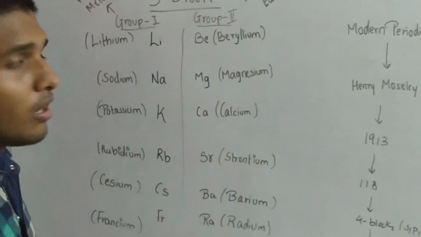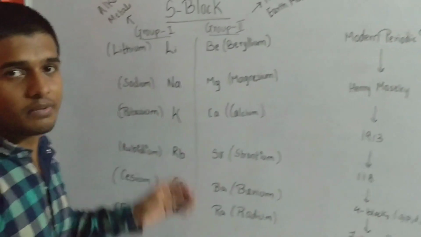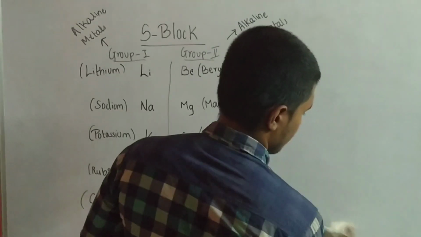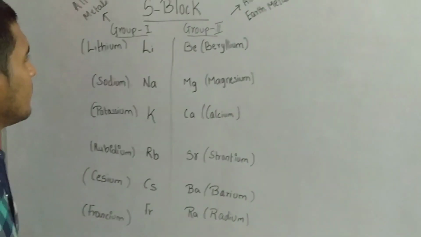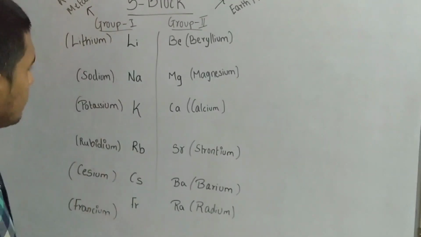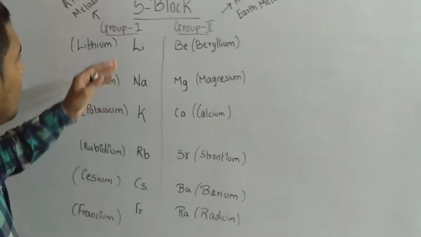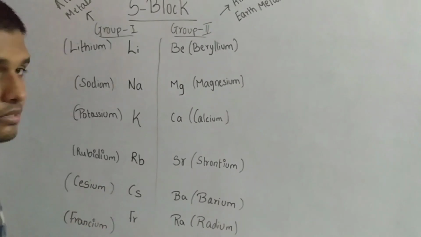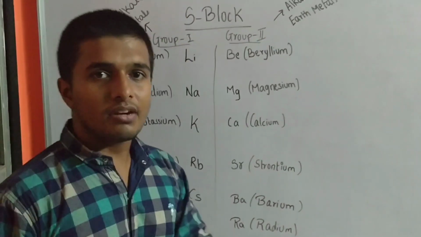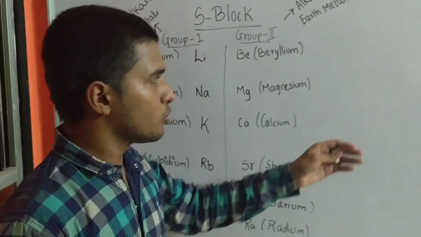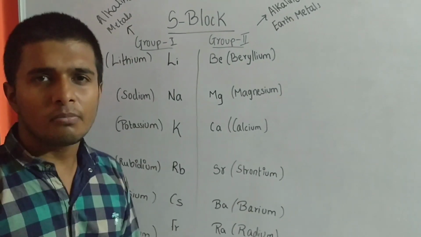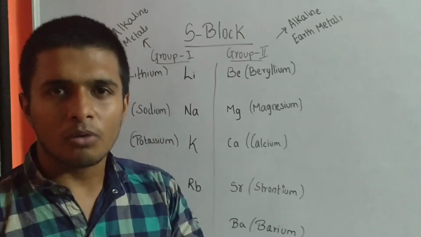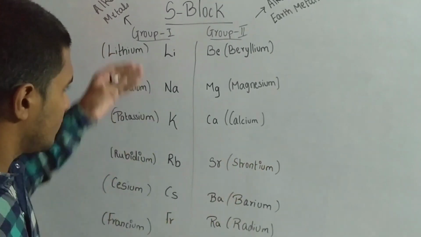So let's start with the S block and its mnemonics and memorization of each and every element. In the first group, we will see the alkali metals, and the first element is lithium, then sodium, potassium, rubidium, cesium, francium. The line that will be used for memorizing these elements will have a sound of Hindi tone or Hindi translation, so don't mind, but it is because of these symbols itself.